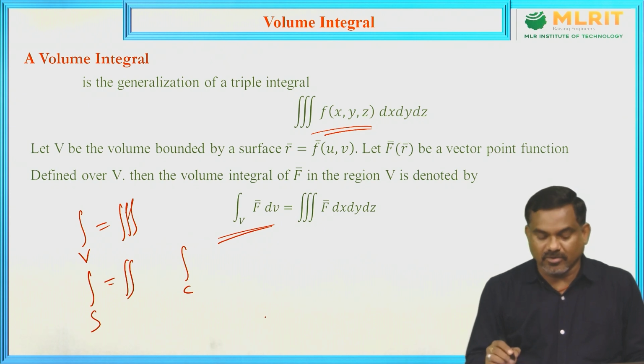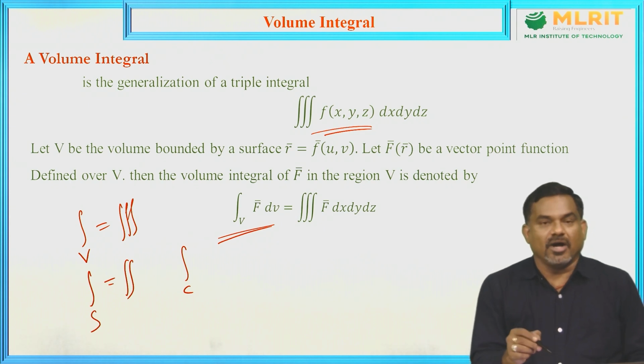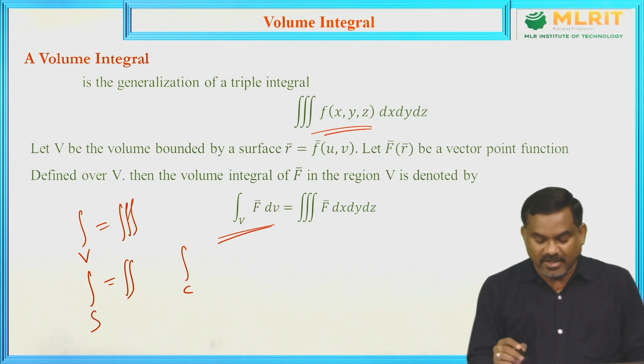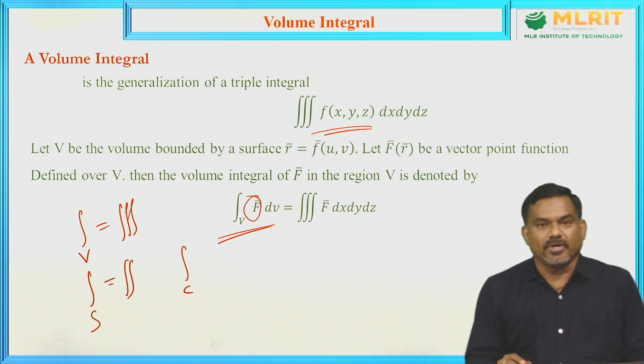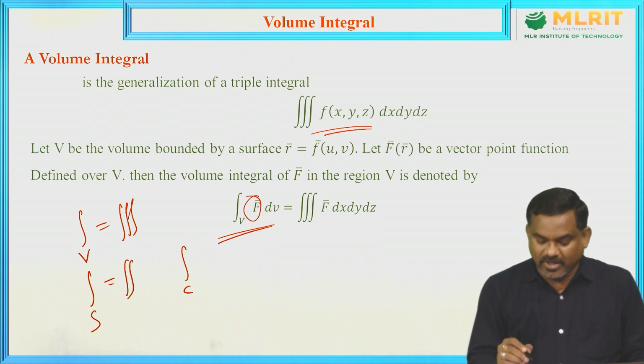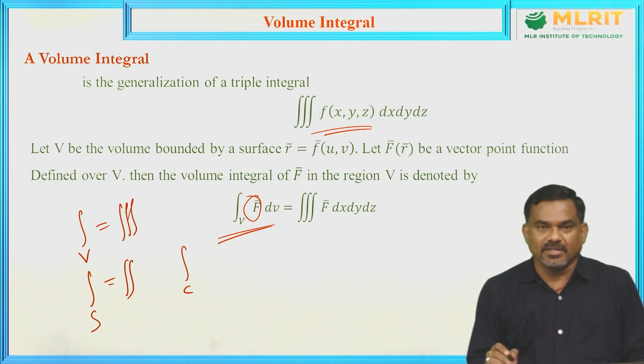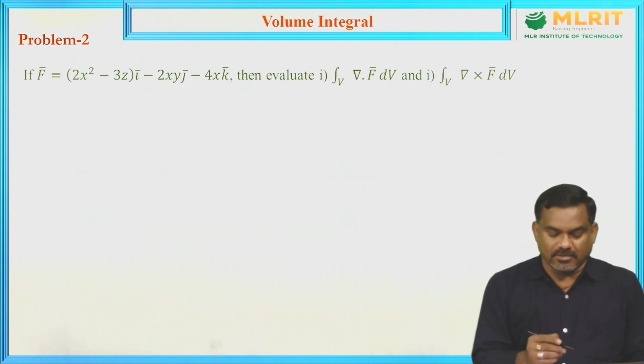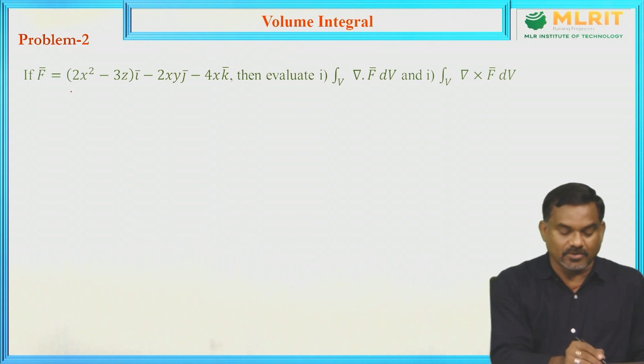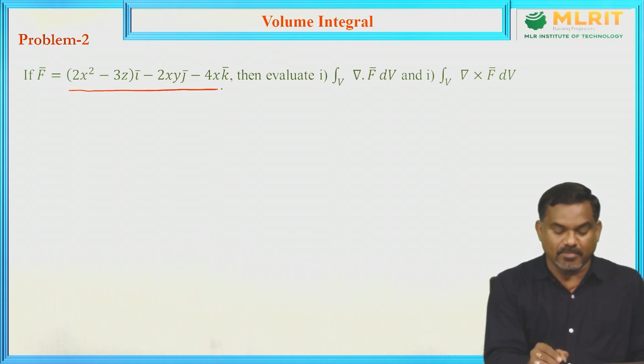So here we are going to find the volume integral of the given. For example, if f bar is given in component form, simply we evaluate the triple integral of each and every component of that vector and then sum all the three. Now coming to the second problem, if f bar equal to 2x square minus 3z i bar